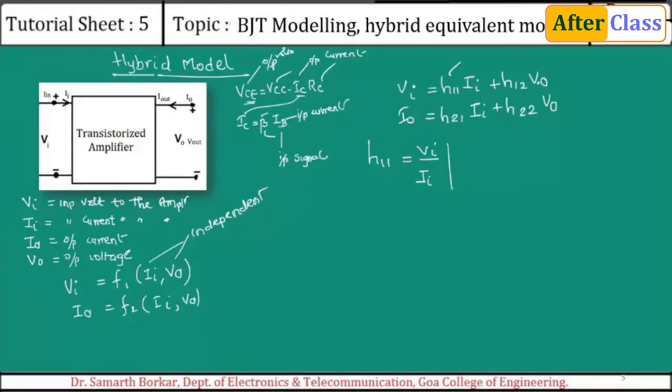Fine. So what is V naught? V naught is the output. Output voltage has to be made 0. So if I want to make this value equal to 0, how do I do it? V naught is the output voltage. If I want to make output voltage 0, I just have to short this. The moment I short this, what is the voltage? It is the